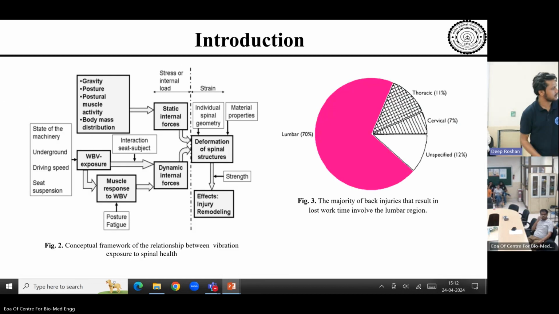In this slide, the figure represents the conceptual framework of the relationship between vibration exposure and spine health. So in this figure, we understand how to